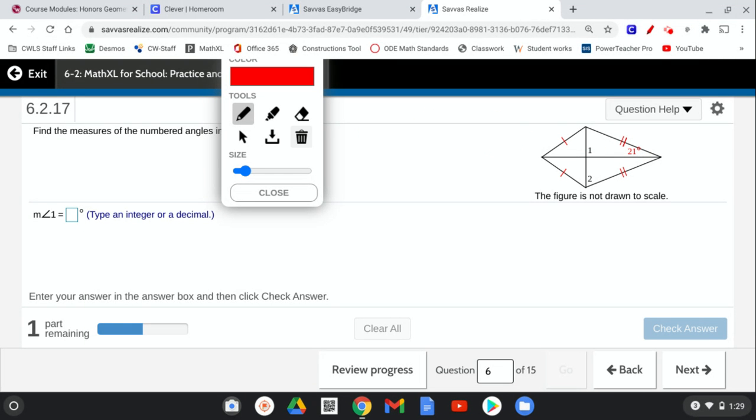Now, the next part is to solve for angle 2. Well, in that triangle, I know that I have that right angle, that's 90, but right now I don't know any of the other ones. They didn't give me any more information. So you're thinking, like, how do I solve this one? Well, if we're looking at this, okay,